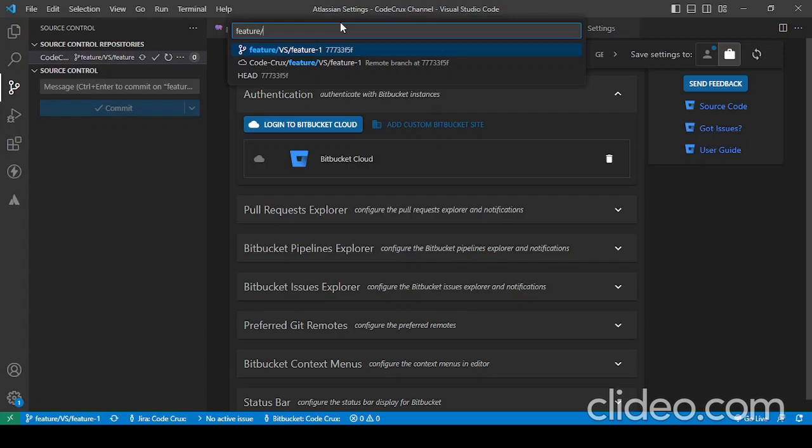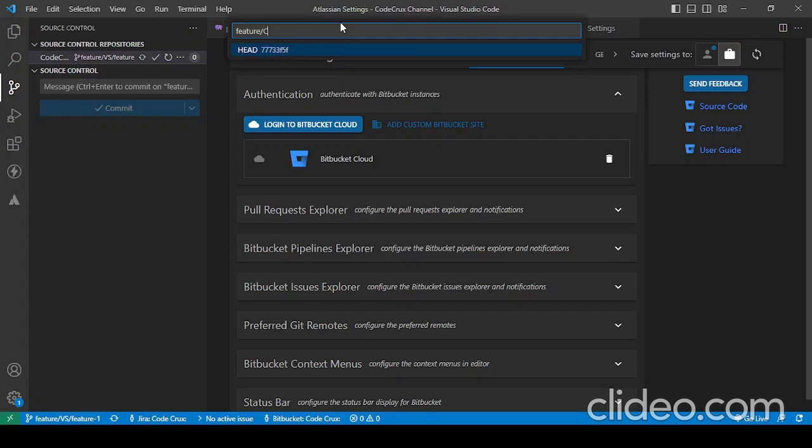If you are working on a bug, then it's going to be a bugfix branch. If you are working on a production defect, then it's going to be a hotfix branch. If you are working on release tickets, then it should be a release branch. So now I'm creating a feature branch, and